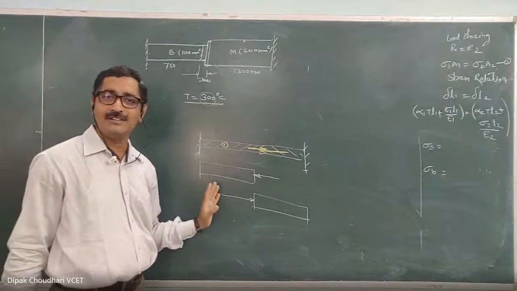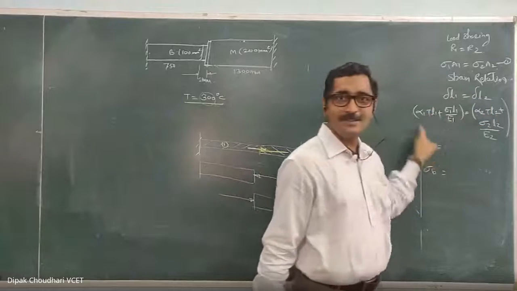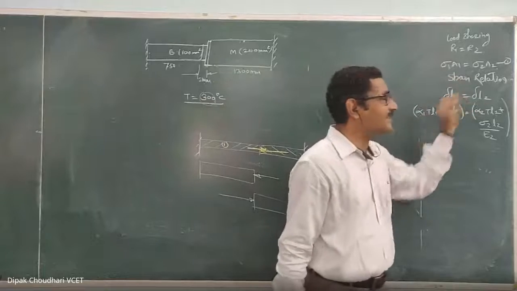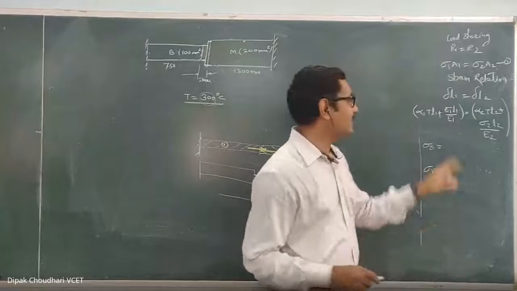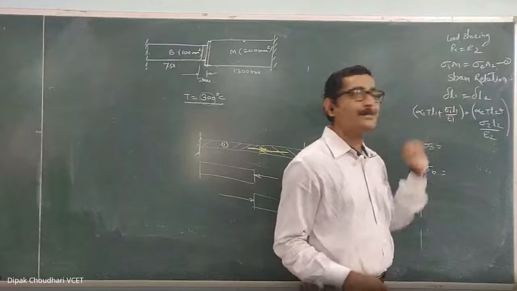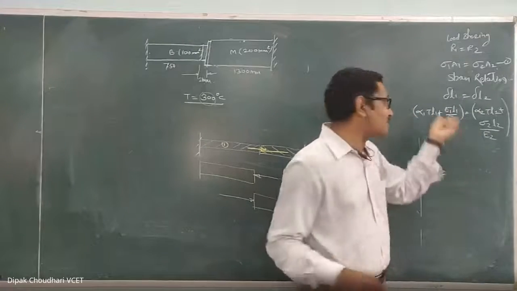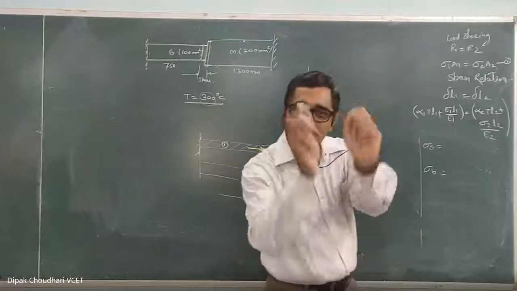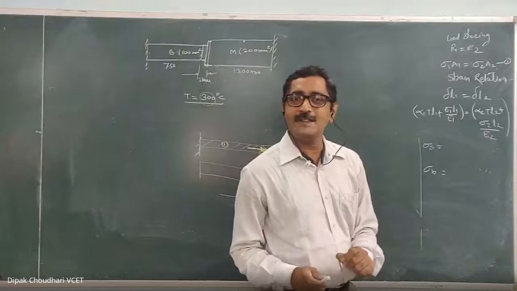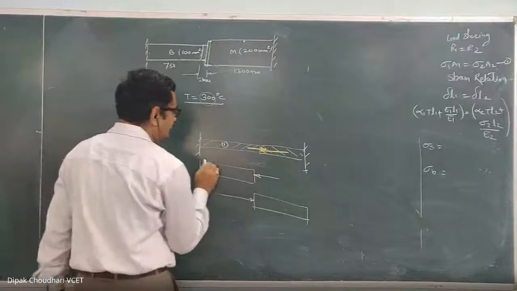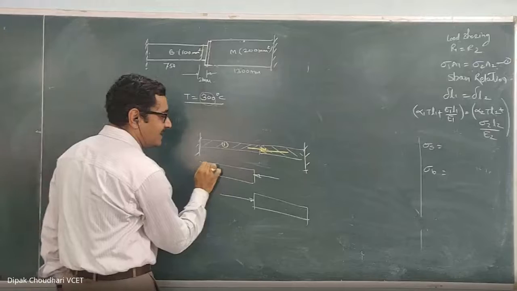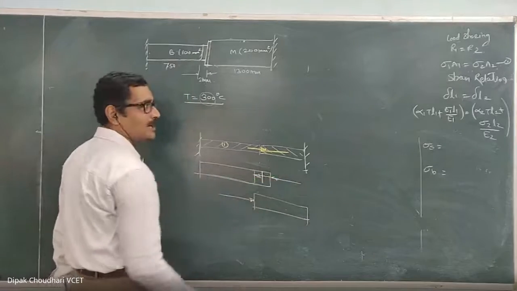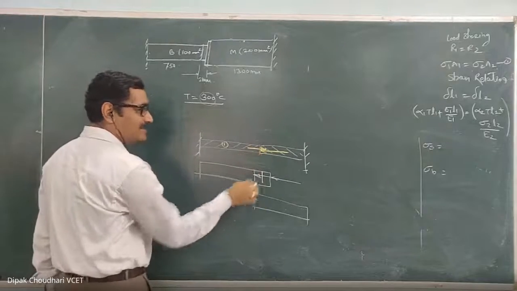This is only important. Yes, means in this formula, we will write down the load sharing relation, strain relation. When we write down the strain relation, we will write down the relation of their deformation. In each deformation, there are these two components. Change in length because of the change in temperature and change in length because of this reactive axial force. Now in this case, both the materials are compressive in nature. Both the reactive forces are compressive in nature. मतलब क्या होगा कि because of the change in temperature, brass का length तो increase होगा, but because of this reactive force exerted by the magnesium, वो reduce भी होगा. Clear? So both the materials are under compression.